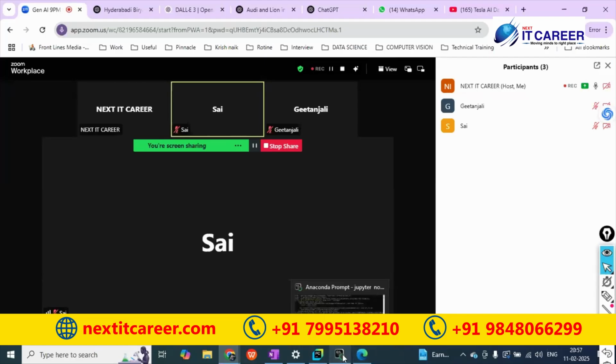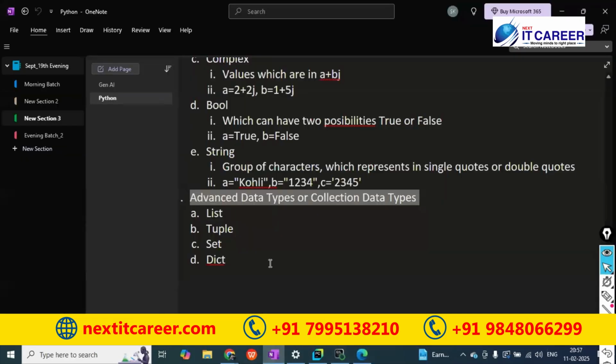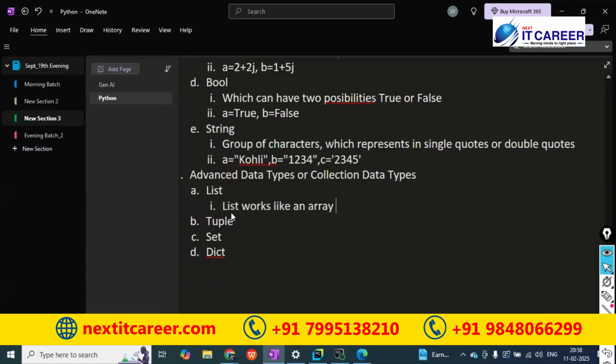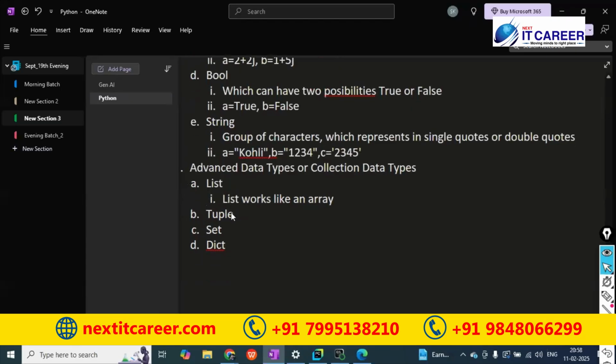So let us go to our note here. Let us see the list first of all. So what is a list? List works like an array. Array is also for storing, its purpose is to store some values. I will tell you, just wait.